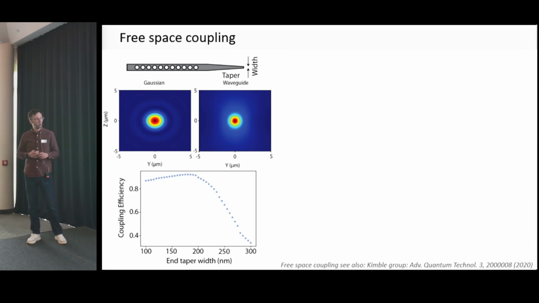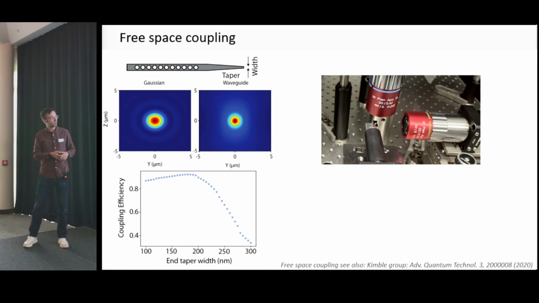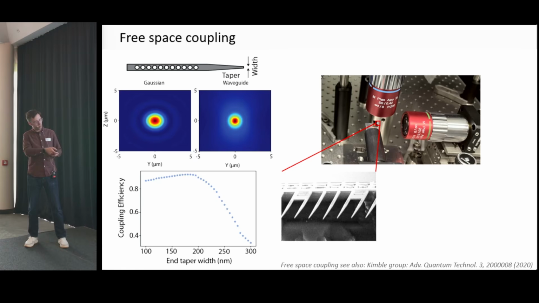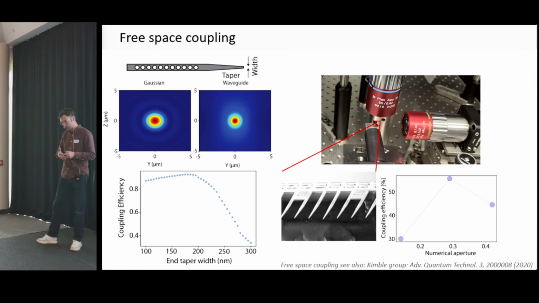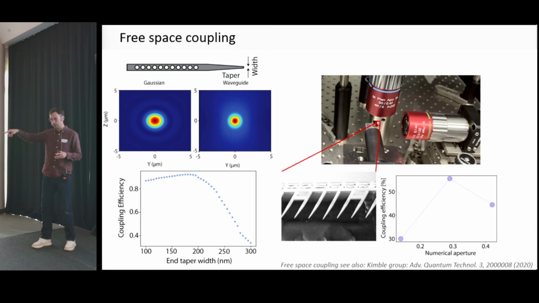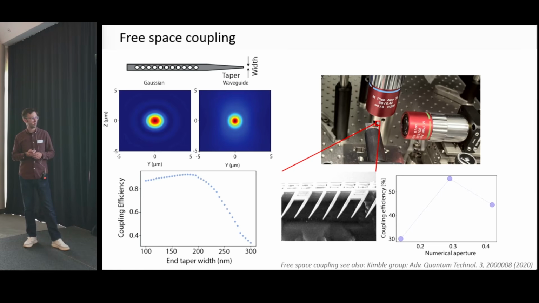Of course, these are nice numerical simulations. They always look nice and you get nice numbers out. So we wanted to test this. Here you see our photonic chip. This is the coupling objective. These nano-photonic crystal cavities hang off the edge of the chip. And then we couple into these, and we didn't really optimize this, but we get about 60% coupling efficiency. This is really fantastic because it saves you lots of complexity. You don't have to have any coupling mechanism in your vacuum chamber. Just from the outside with your objective, you can choose which cavity you work with, or you can even work with multiple cavities at the same time.